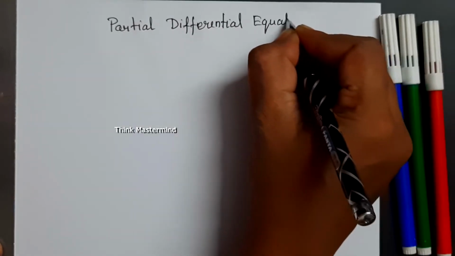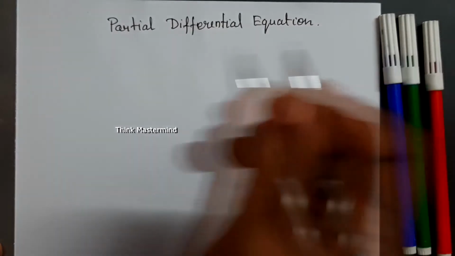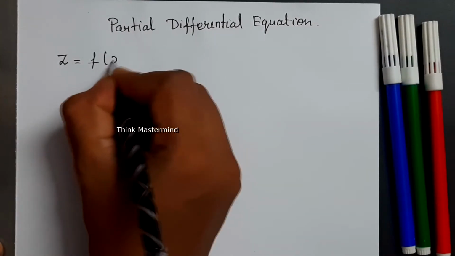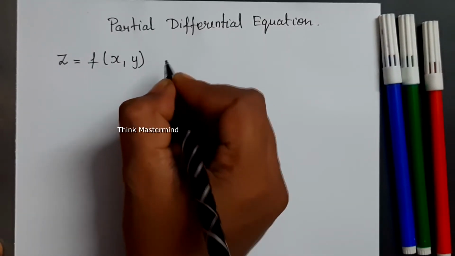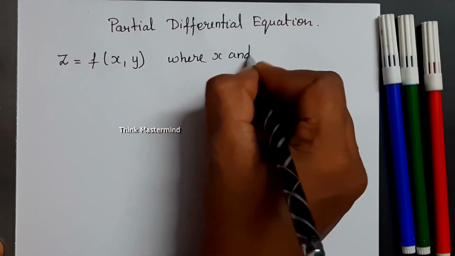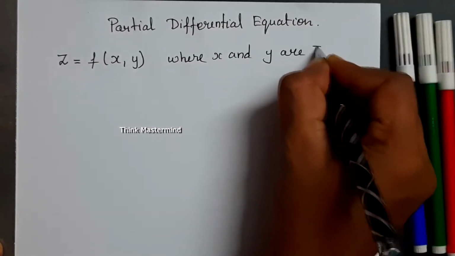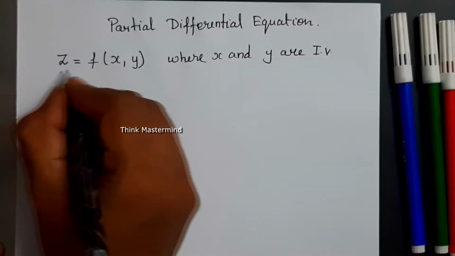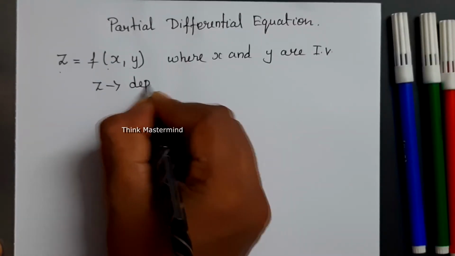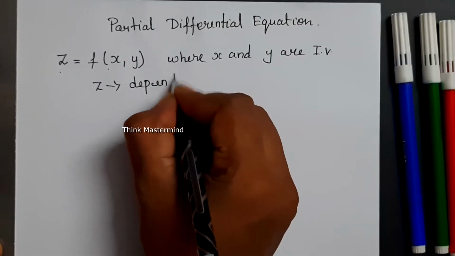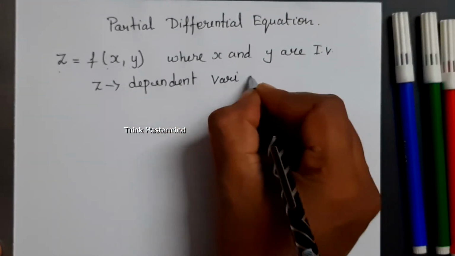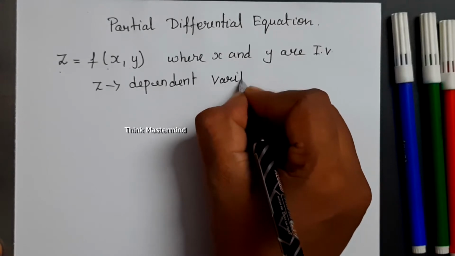When a partial differential equation is framed, that is, derivatives are framed, we consider a variable z that is dependent on more than one independent variable, where x and y are independent variables. z is dependent on x and y, that's why z is called the dependent variable. Then we can find the derivative of z partially with respect to